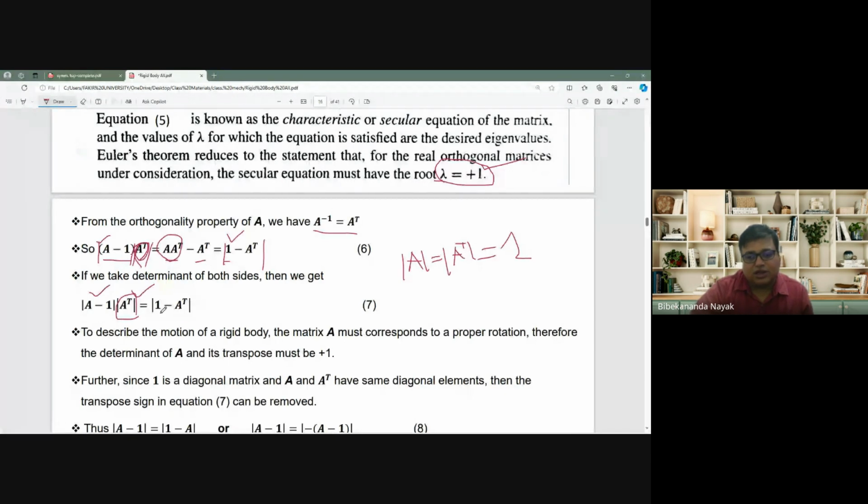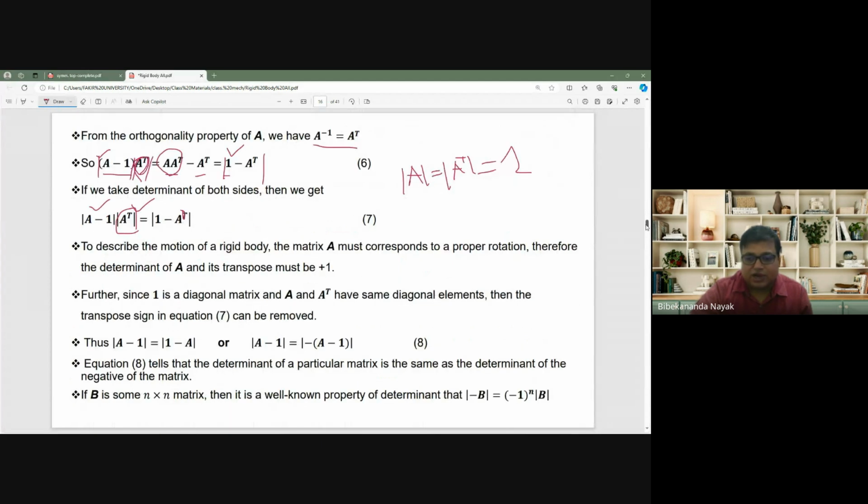So whether it is 1 minus A transpose, it is the same as 1 minus A. So (A minus 1) transpose is equal to (1 minus A) transpose. Means (A minus 1) transpose is minus of (A minus 1) transpose. (1 minus A) is minus of (A minus 1). Isn't it? That means we found a matrix B